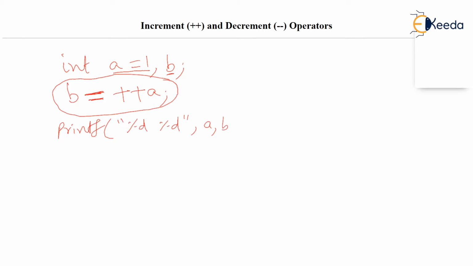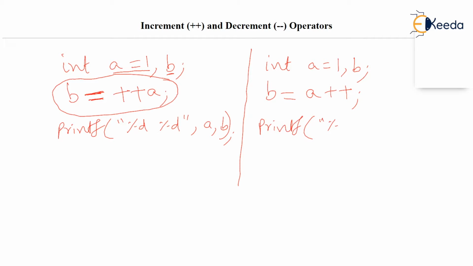Now, before we see how this works or what it means, let's make it more interesting. I will write another code just beside this. But you will see that both codes are almost the same. There is only a minute difference between the two codes. Just check. I'm simply pasting the same code over here, but there is only one difference. You can see in this code b should become plus plus a is written, and in this code b should become a plus plus is written.